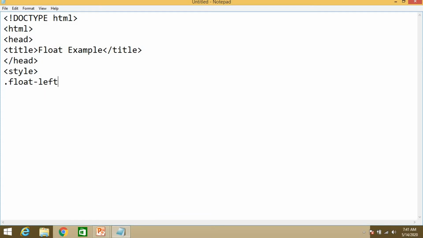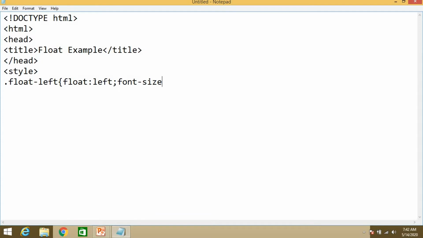After that, float left. This property is float left, colon. If you are specifying more properties, put a semicolon and then write down the next property also.